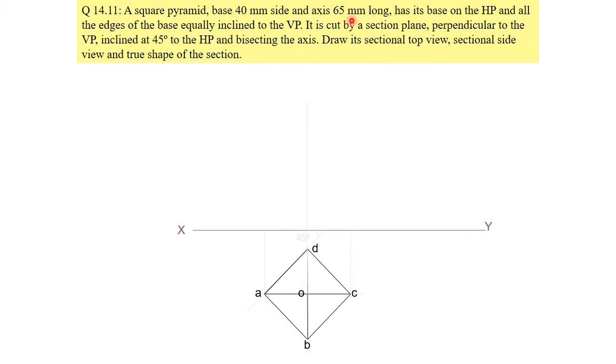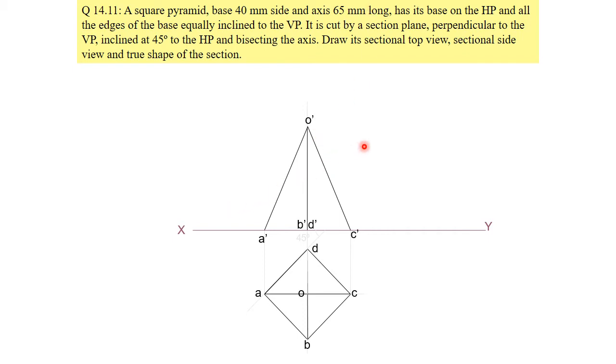The axis is given here in the question. The axis is 65 mm long. We have done this kind of questions already in solid. Mark all these points: A dash, B dash, C dash, D dash, all the corners, and the apex is O